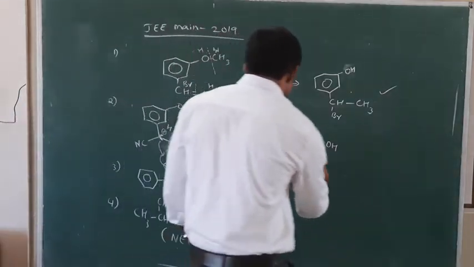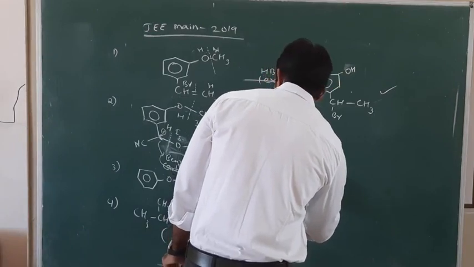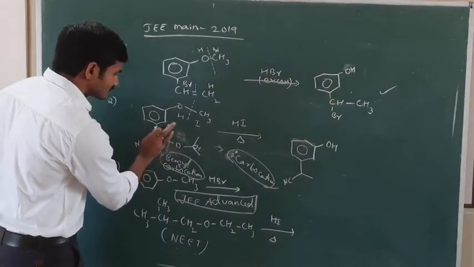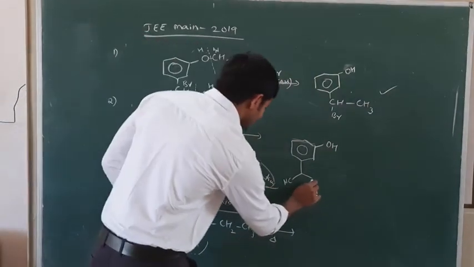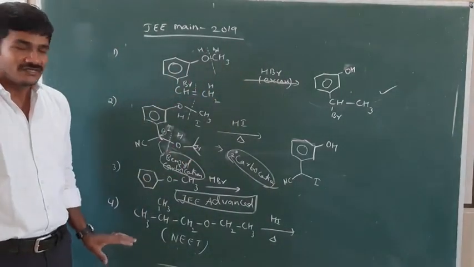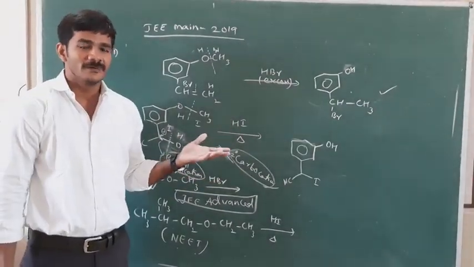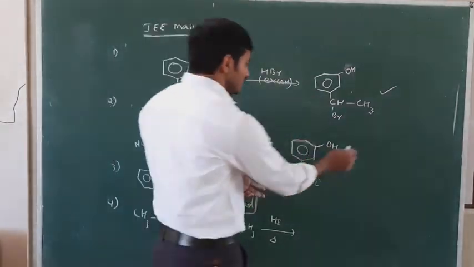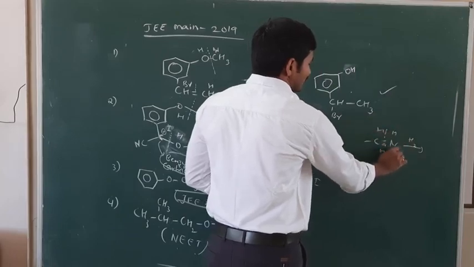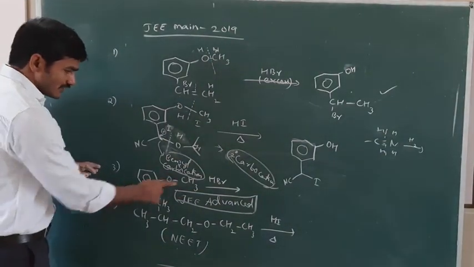So the product is what? Here I add H, and here I add I. So the product is this, and the remaining part is a byproduct. So this is the major product. Is there any effect on CN? No. CN does not react with HI. It can react with H2, because the C triple bond N can undergo addition with H2, and we can get amines. But this is not H2, this is HI. And what about this? This is anisole, just now I told you.